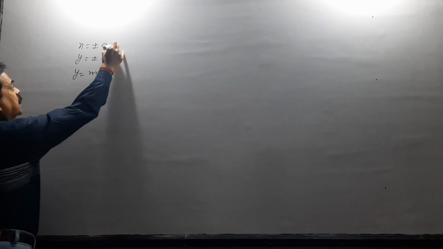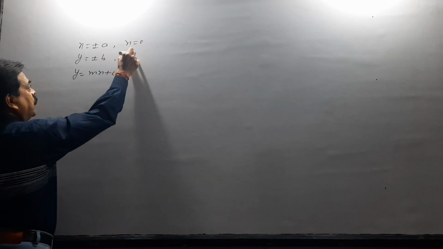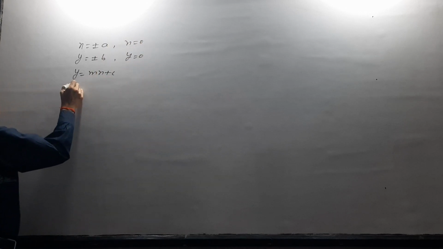Hello students, in the last video we discussed two-dimensional straight lines, and its review is: x is equal to plus minus a, y is equal to plus minus b, y is equal to mx plus c, x is equal to 0, y equals to 0, y is equal to m